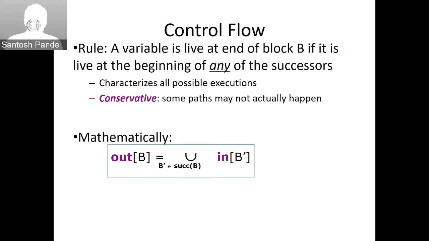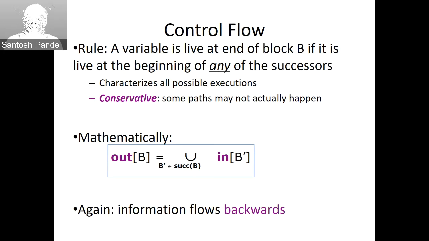So here is the second equation out of B. Now you can see this is also backward: the out set of B is equal to the in sets of B dash, which is a successor of B. We'll take these in sets and calculate the out set. And once we have these sets of equations for computing the out set from the in sets of successors, then propagating it backward towards the in set of the first variable and so on, you can transitively achieve propagating all things which are live